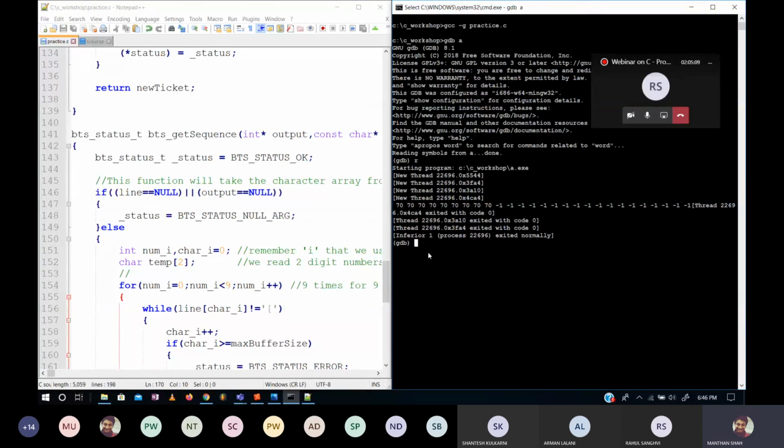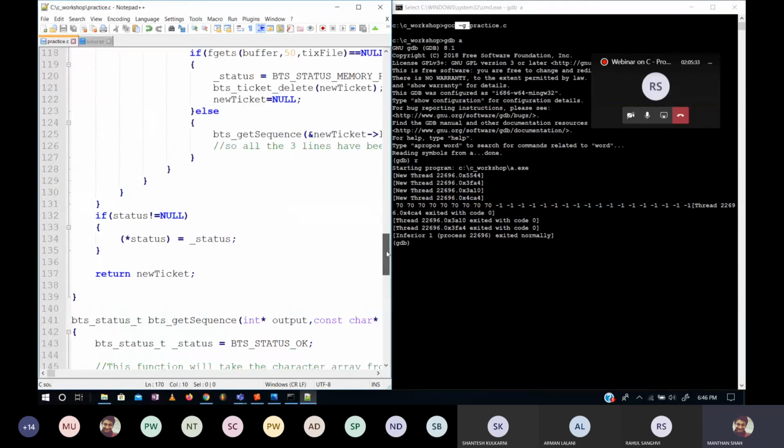I want to step through, I need to see what is happening at every step. Then I need to give some explicit commands to the debugger to tell it, ki, boss, do not just run with the program. You stop at every point, and I want to examine at that point. So these particular points are called breakpoints. Now, when I use this -g flag, it allowed it to load symbols from the source file.